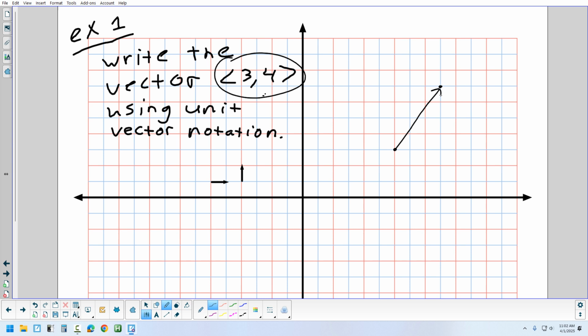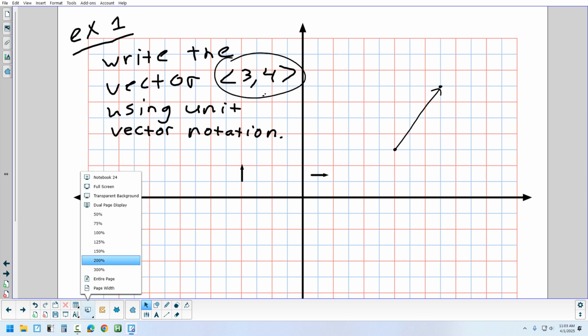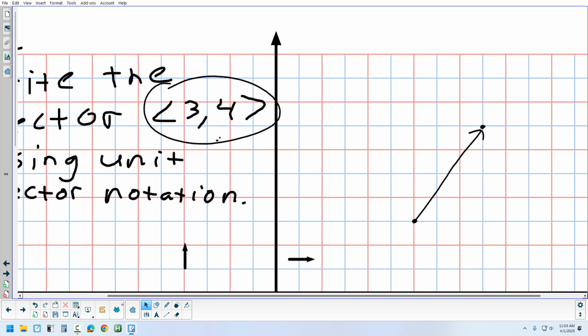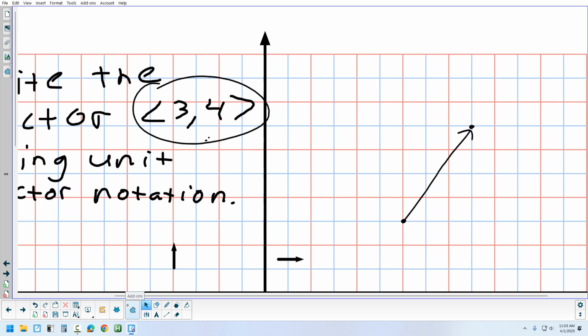Now I want to see if I can build that vector with i's and j's. Let's start with i. That's i. How many i's would I have to stack together? Again, that's just the horizontal movement to start getting from this point up to that point. To the right? Yeah, 3 over. We're going to have to stack 3 of them. So I could make 3 copies of it, or it's 1 unit long, I can just draw it by hand. I would stack 1, 2, 3 of them together. If I draw that vector now, like that,